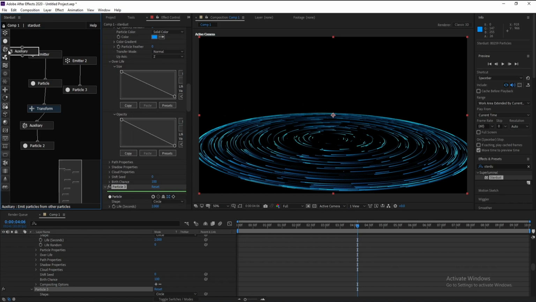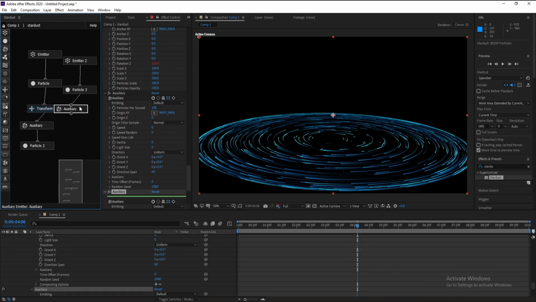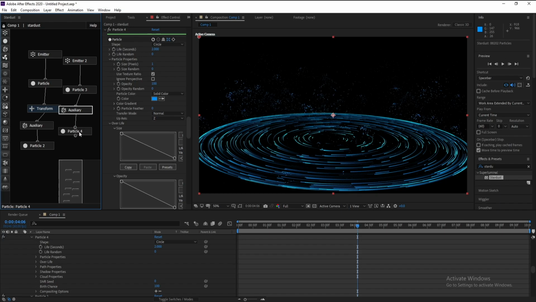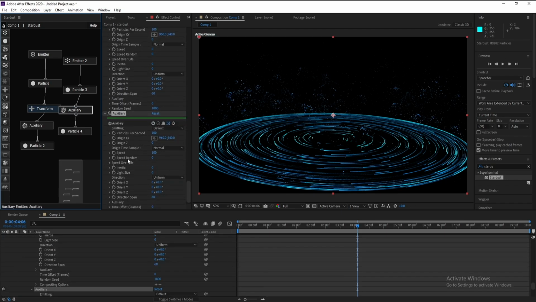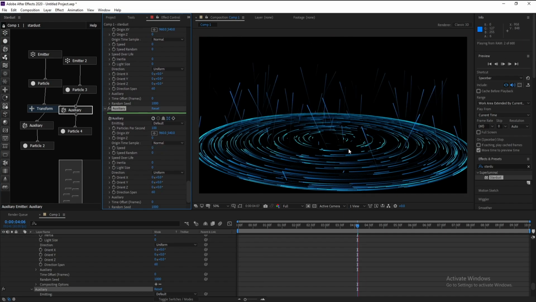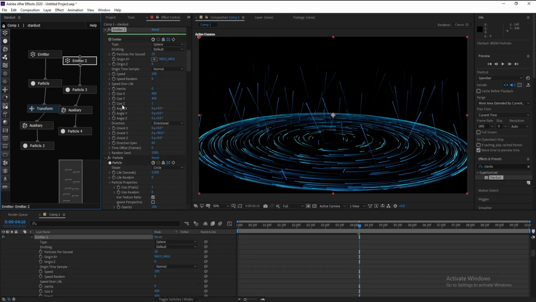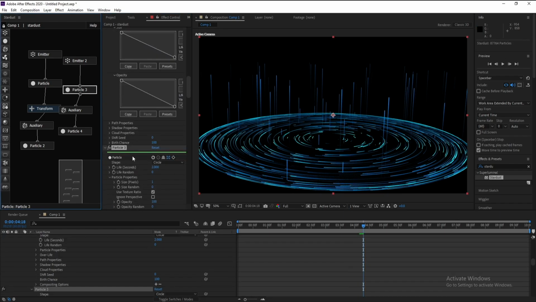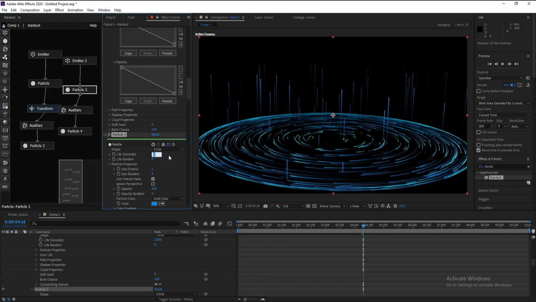Okay, now I'll go to auxiliary again and go to particle 3 and Control D to copy. Okay, go to auxiliary, change speed to 0 and see. Okay, again go to emitter and direction span, change it to 0 and see. Yeah, very good. Okay, now I'll go to particle and I'll change life